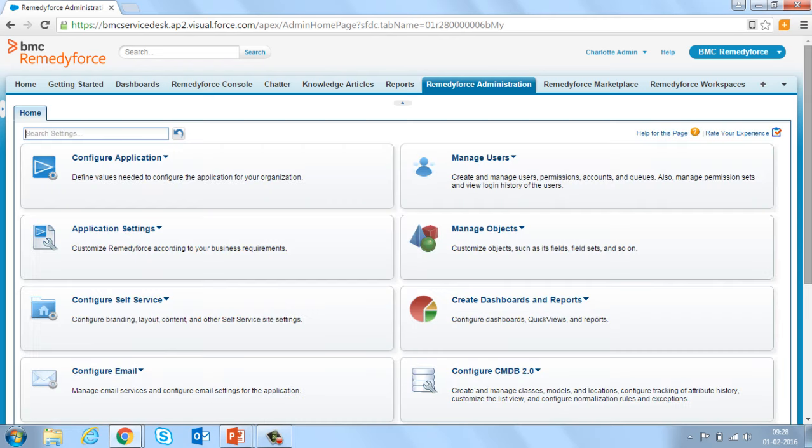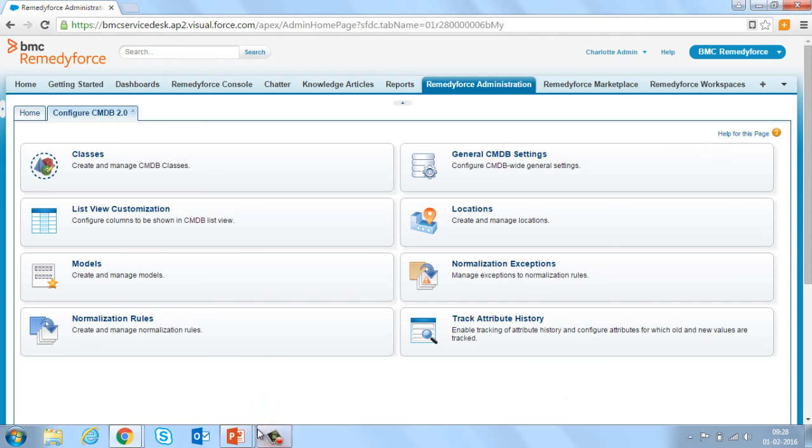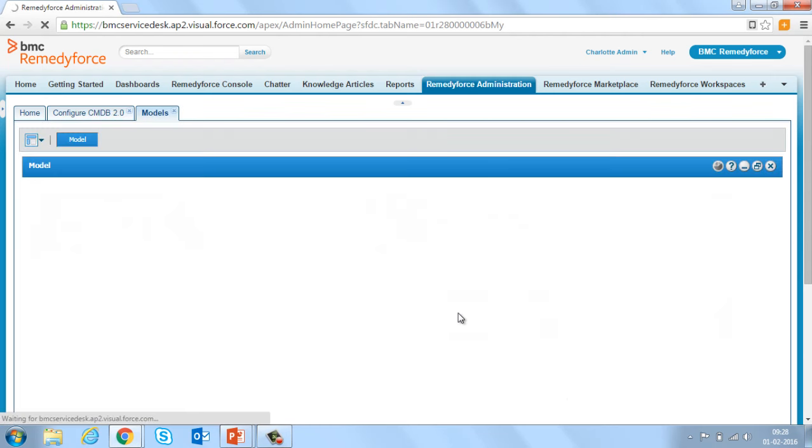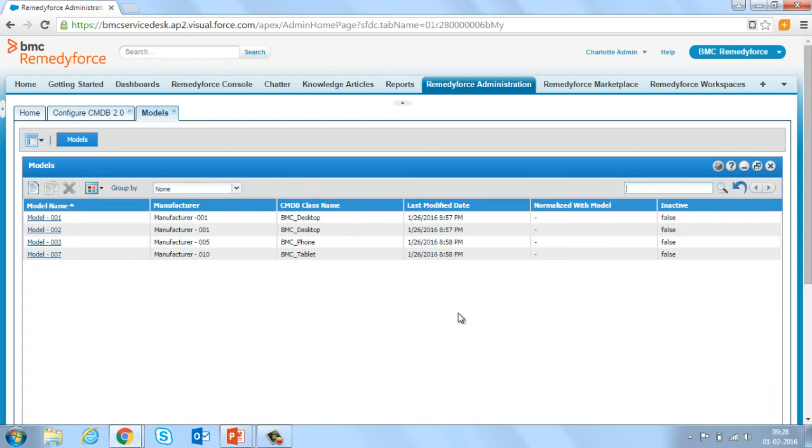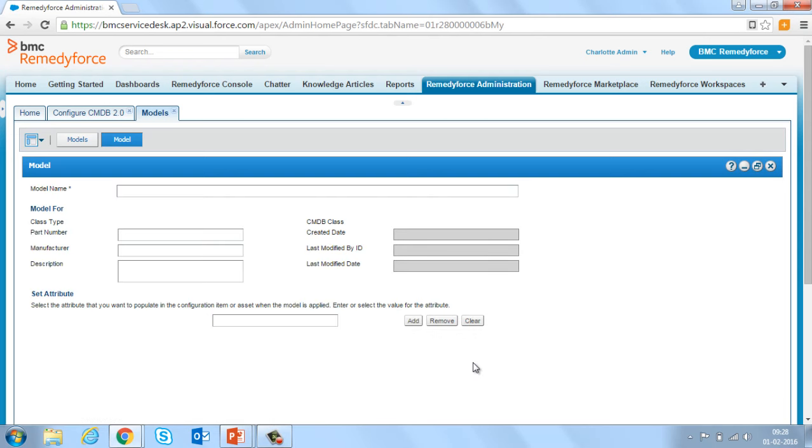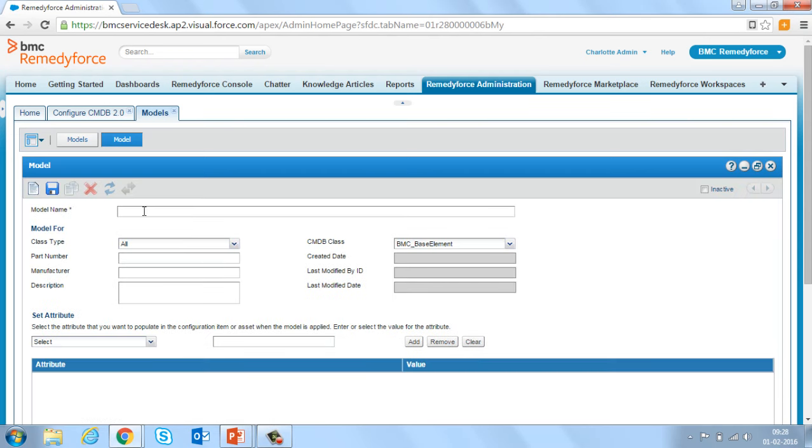On the Remedyforce Administration tab, click the Configure CMDB 2.0 tile. And on the Configure CMDB 2.0 tile, click Models. The list view displays all active models. To create a new model, click the New icon. On the model form, enter the model name,